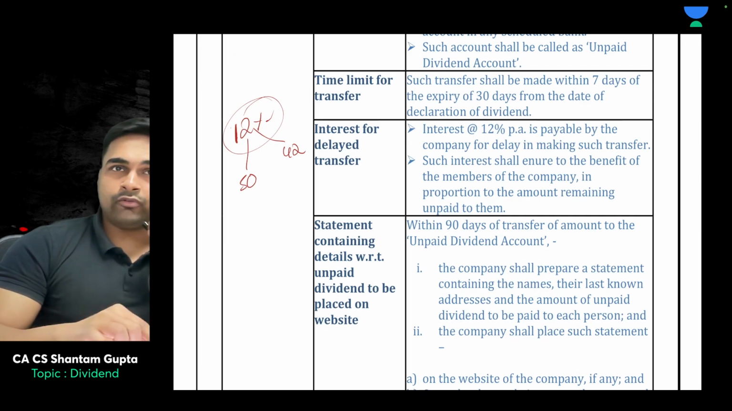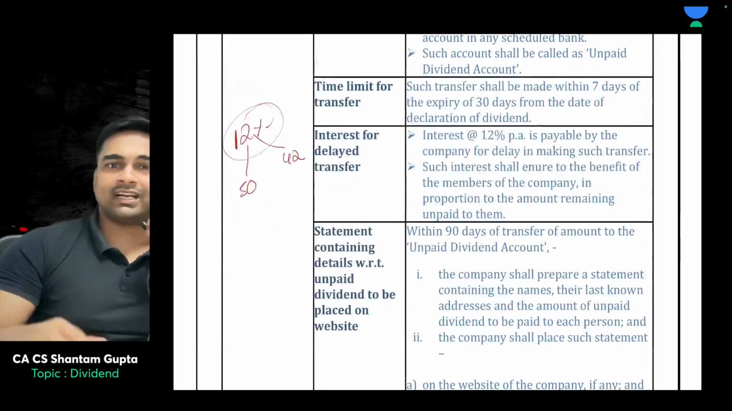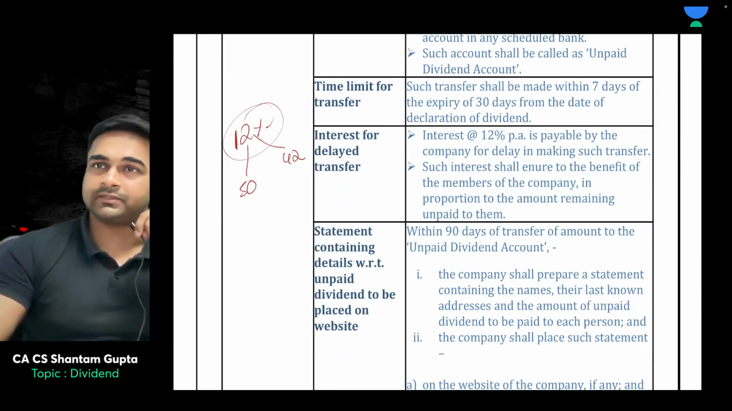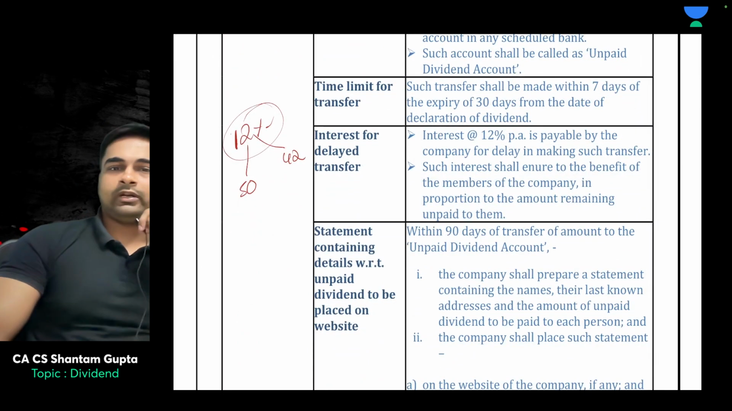Sections 42, 50 and 124. These are the 3 sections where you have studied 12%. Okay. Now what happens is,